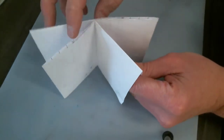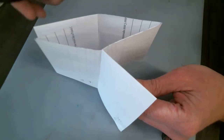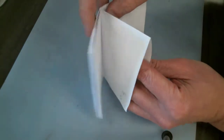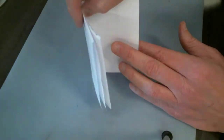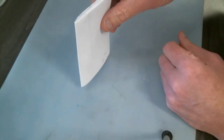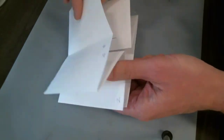You'll notice that when you open this up, there's two pieces that have a folded edge and 2 that do not, and that's the one that you want to try to locate to be at the top. On the bottom, they're all opened up, so you're trying to let that be just so it holds a little more structure to it when it's up at the top, and you have the folded edge on the left. Okay? So when you open this up, as I said, it's a little bit like an origami page, you'll see